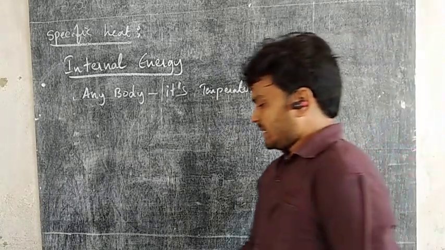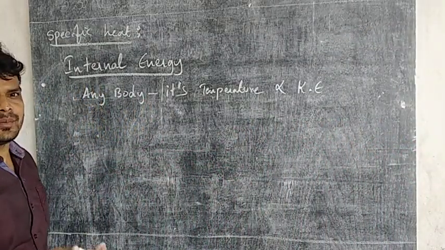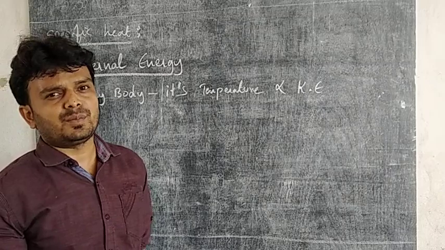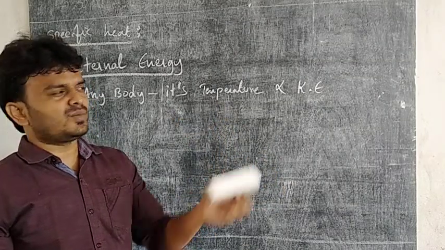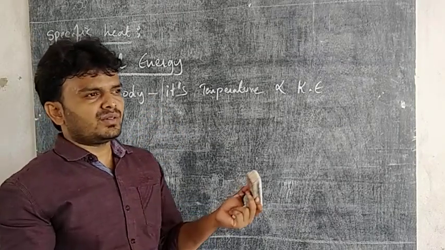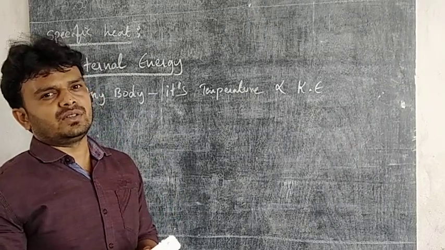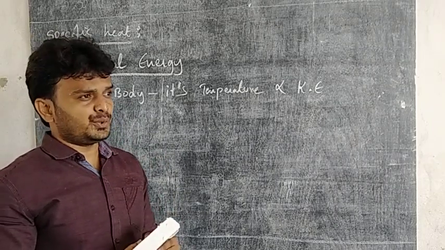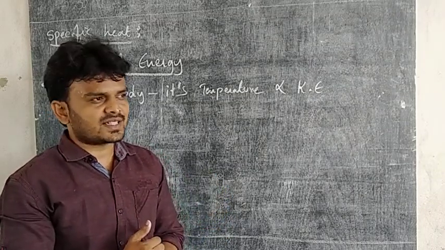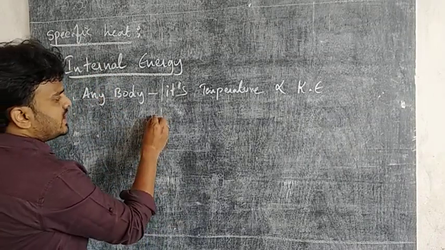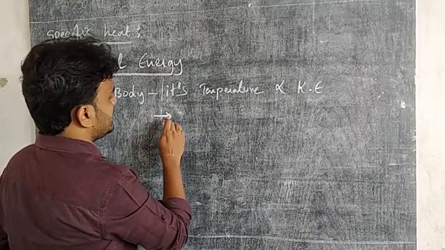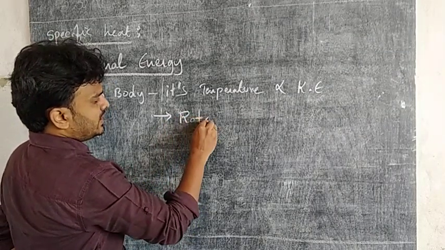Then before that, any system, any object, any body contains a group of molecules. For example, this duster contains a group of molecules. The chalk piece has a group of molecules. Like that, any substance, for example water, is composed of a group of molecules. Water is a system which has molecules. In between these molecules, they have different kinds of energies. What are such energies? Let me explain.